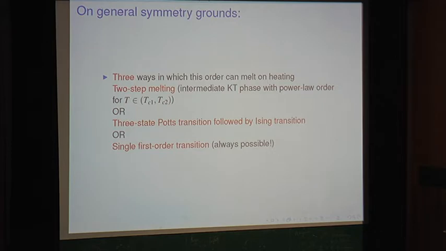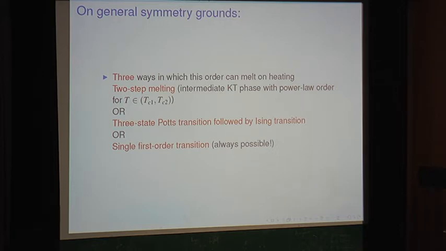The third is always possible, and I do not even need to tell you this. First order transitions can never be ruled out, that is always a possibility. So, there are really 2 other ways. One is a 2-step melting process where you go from long range order to power law order to paramagnet, and the intermediate phase is kind of the non-zero temperature analog of Stephenson's 0 temperature result, right, described by